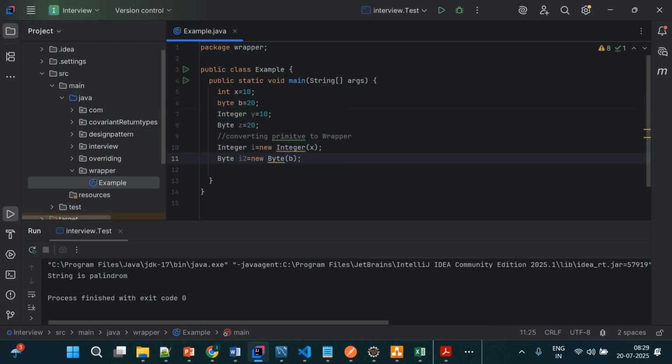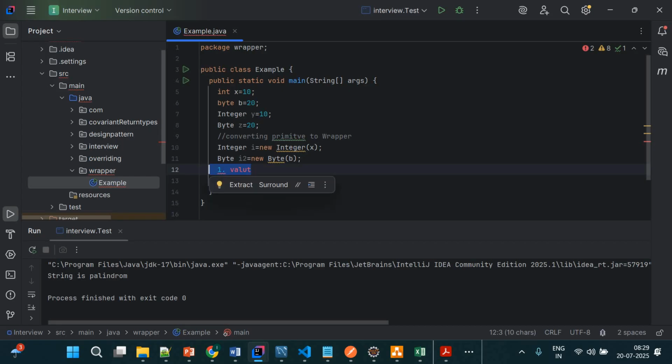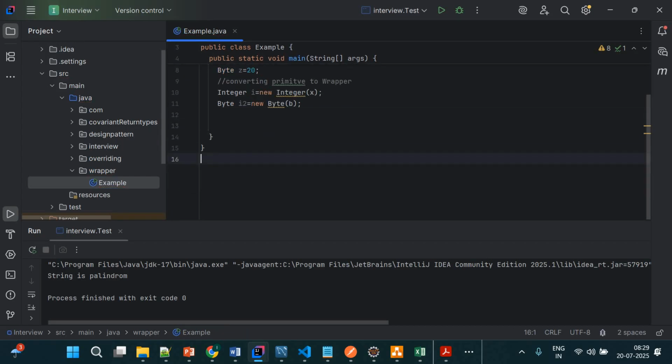So here we will use some methods of this wrapper class. Those methods we have to understand, right? So what are the methods we have? The first method we have is called valueOf. Let me put that into a comment, so you will understand in a better way. So what methods are we going to cover? First method we have is valueOf, right? Second method we have